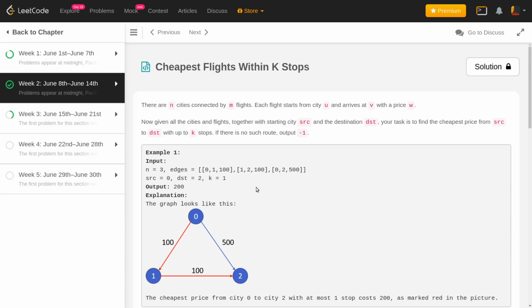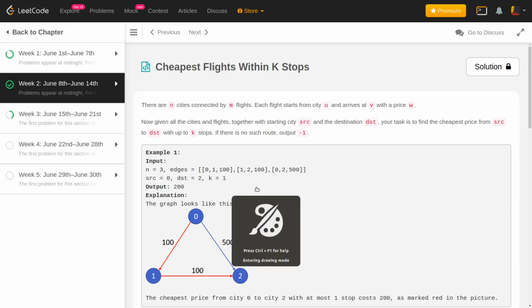I've seen many times that people are often confused about how to code up the Dijkstra problem, because some people are using a minheap for that, and some people are using a set. So I'll give you a template which you can follow in order to code up Dijkstra as well, and hopefully that will really help you in other graph problems as well. Okay, so without further ado, let's take an example.